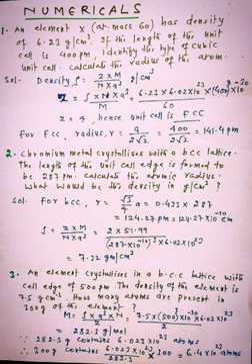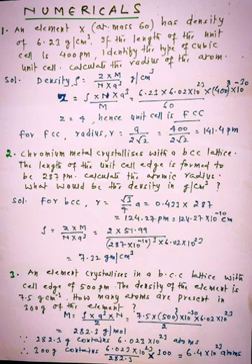See here the formula of density is equal to Z into M upon N into a cube gram per centimeter cube. So the value of Z is equal to rho into N into a cube upon M. Put the value of rho, density, 6.23, into 6.023 into 10 power 23. This is the value of Avogadro's number.